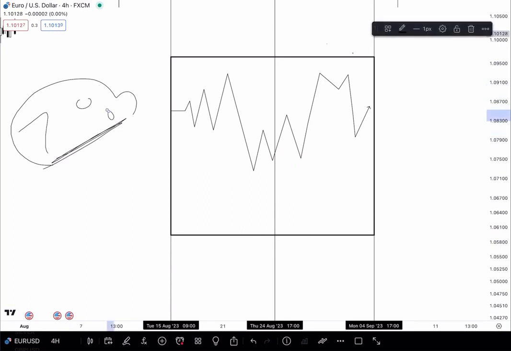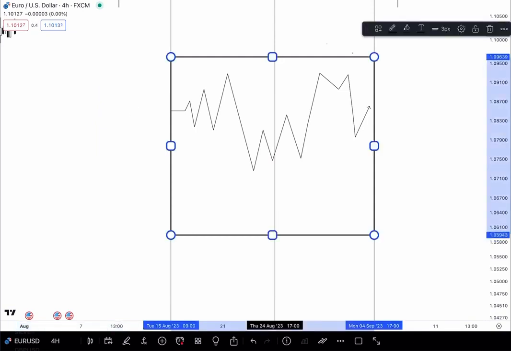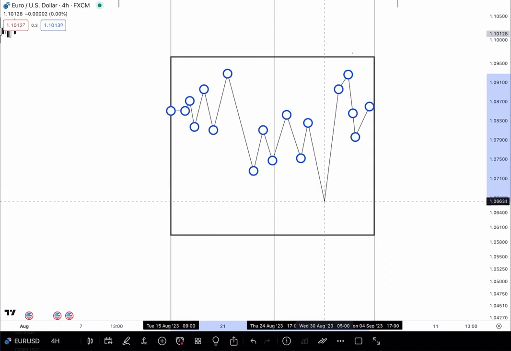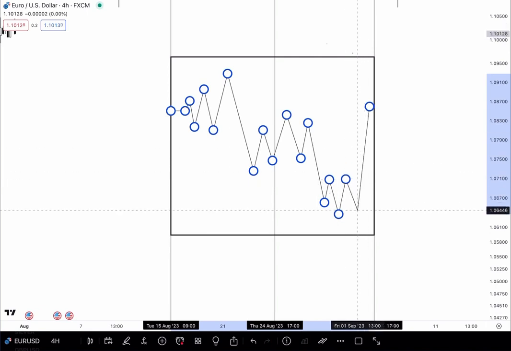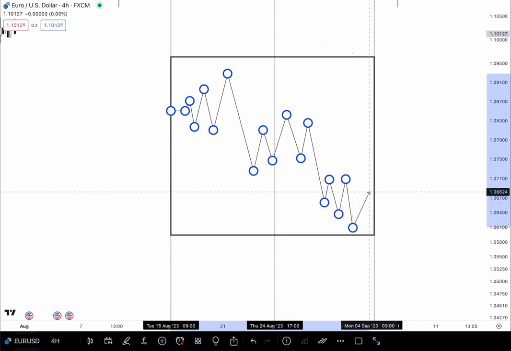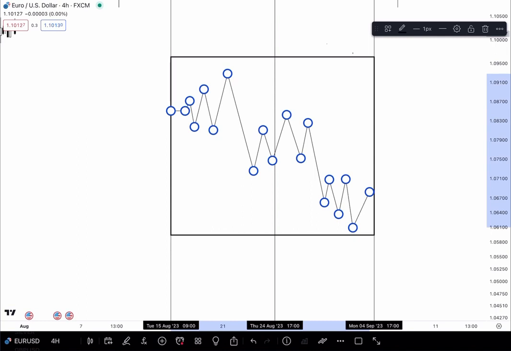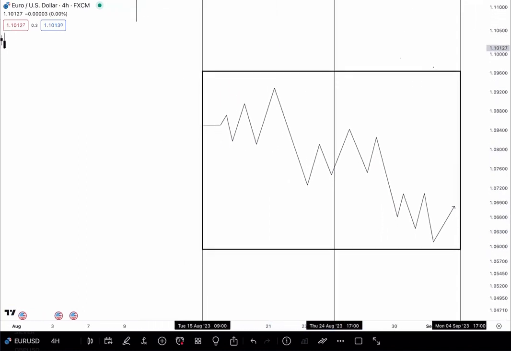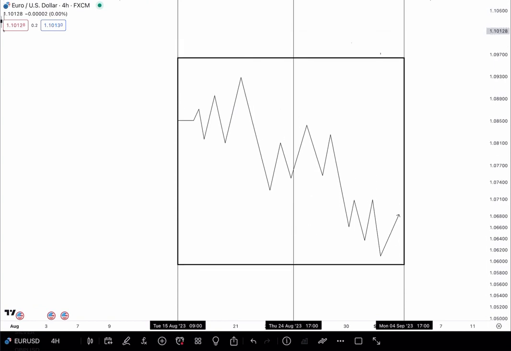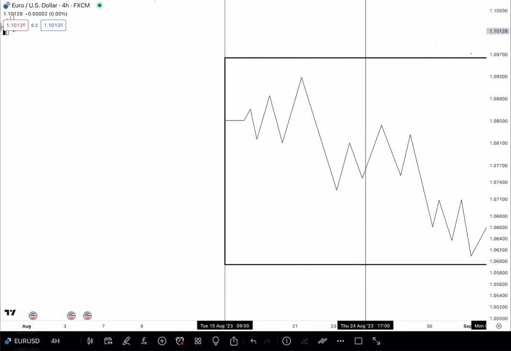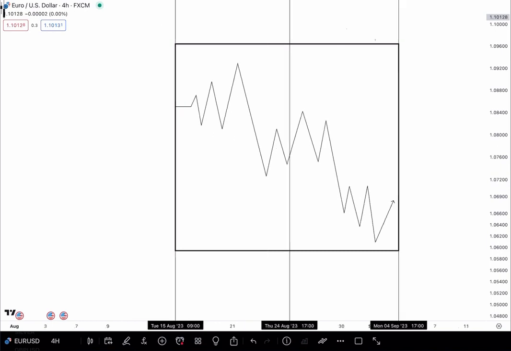But, of course, we're trying to focus mainly on trying to predict or to participate in an expansion candle on the higher time frame. That's the goal, right? To simplify everything, to make it really nice and short and sweet and simple. All you're trying to do is